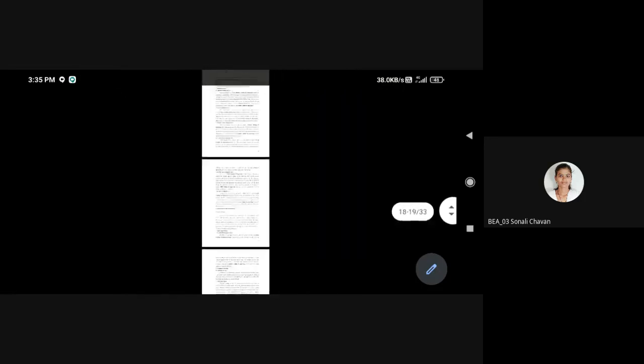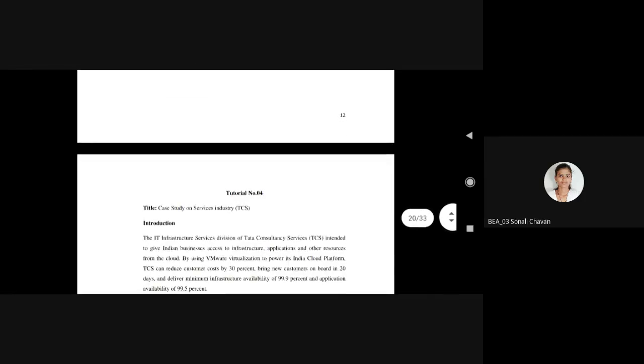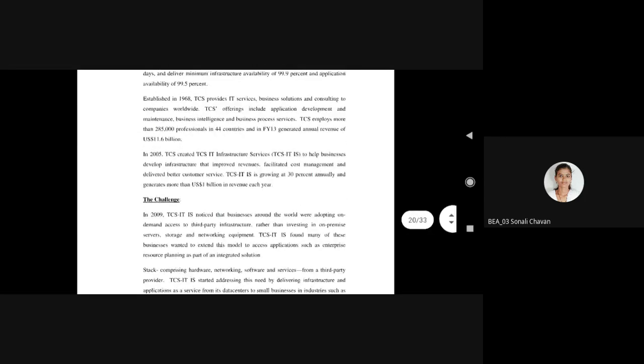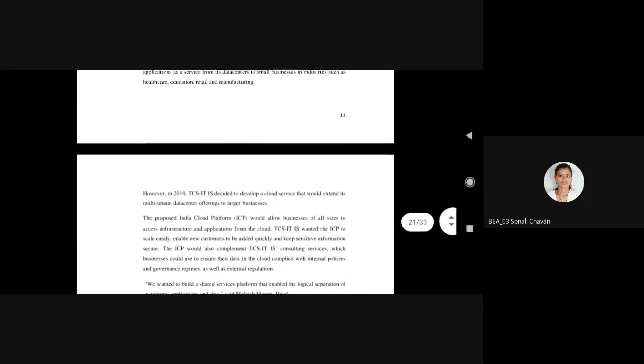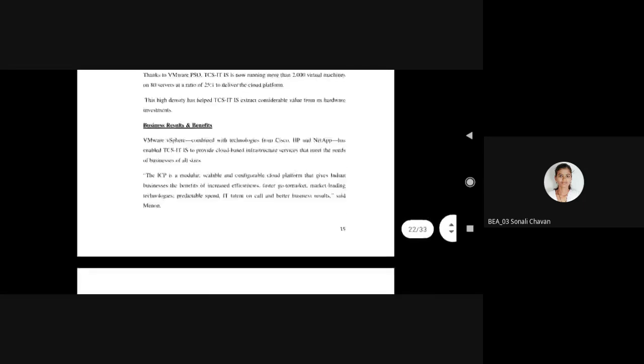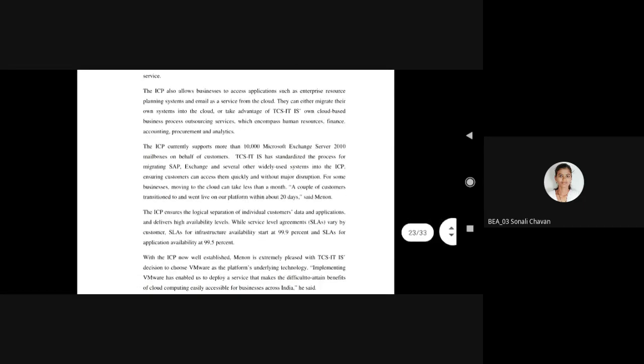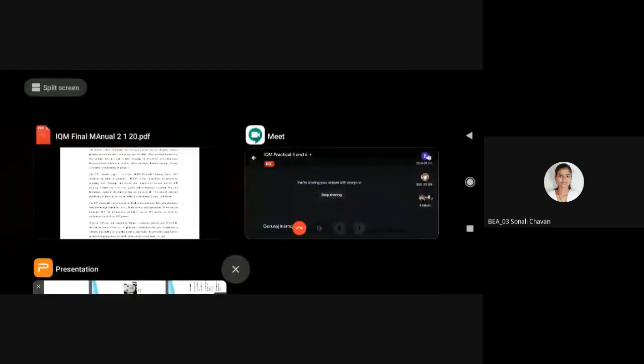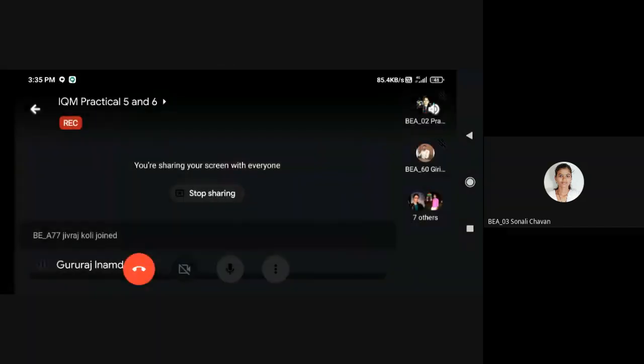So let's start with the case study of service industry. One example we took was TCS in the last lecture. Today we will start the market survey. For every sector, whether product manufacturing, service industry or any organization, market research and market survey are very important. Why? Because at the end, our industry's entire journey depends on the market. So we have to study the market.